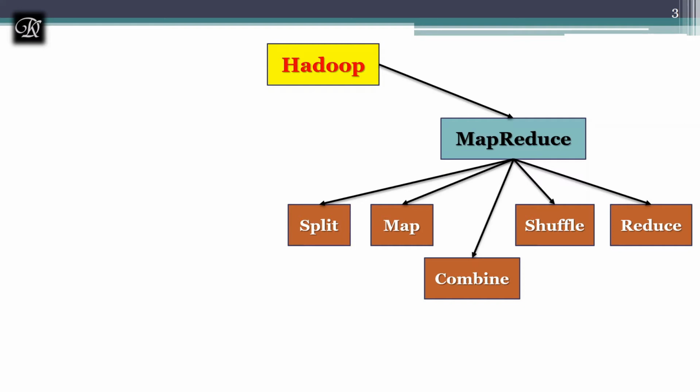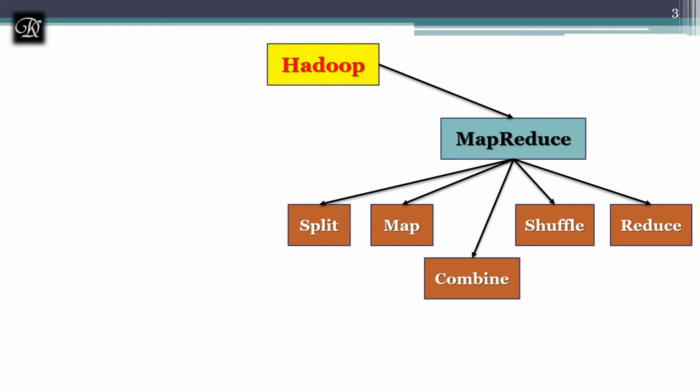MapReduce will try to move the mapping task to the server that contains the data slice, and the results from the data slices are combined in the reduce step. I highlighted this when discussing HDFS. HDFS goes with the concept that moving computation is cheaper than moving the data. That is exactly the motto of HDFS, and MapReduce supports the same.